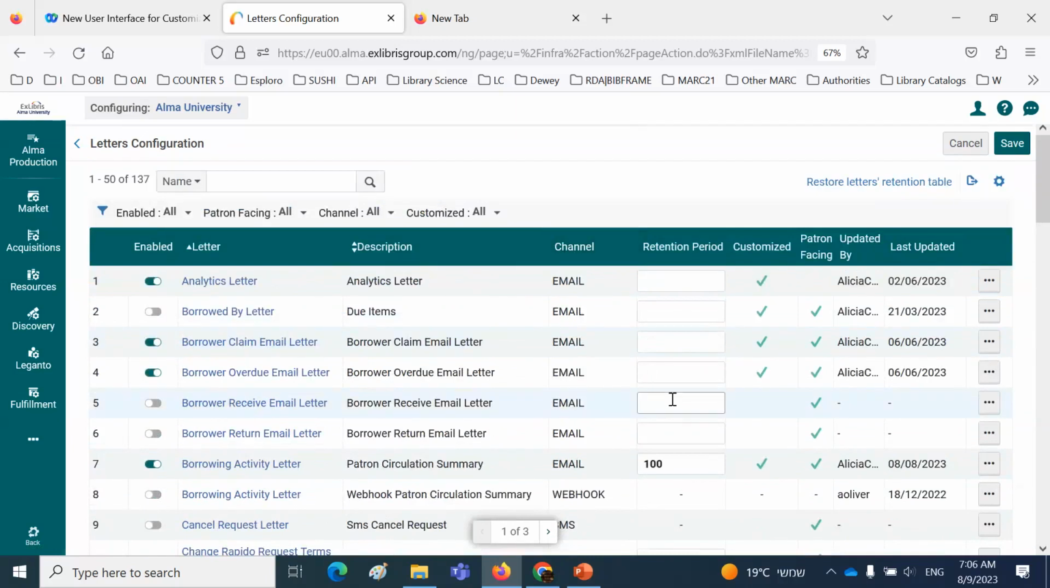Then we have a retention period. The retention period is how long a letter will remain in the attachment tab of a user. Different countries have different laws. Some need to retain these letters for a certain amount of time. Some countries want to get rid of the letters as soon as possible for privacy reasons, and it's the number of days. So for example, here we have the borrowing activity letter,